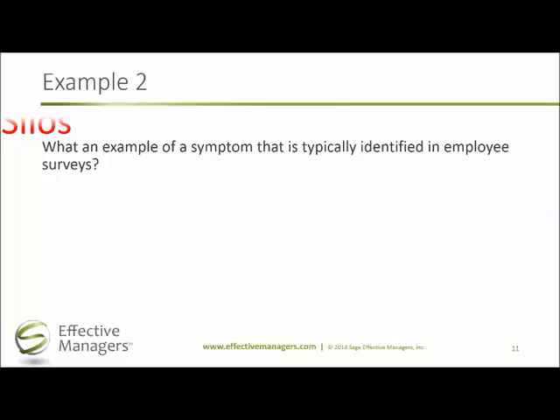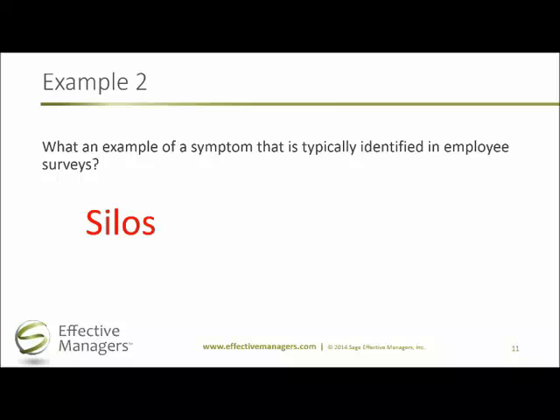A second example that's typically identified is silos in organizations. And it's exactly the same kind of situation here. Employees will talk about silos. They're not going to talk about a lack of a clear accountability and authority framework for the way work moves across the organization. So unless there's clarity, again, in delegation down the various departments in the organization, what will happen